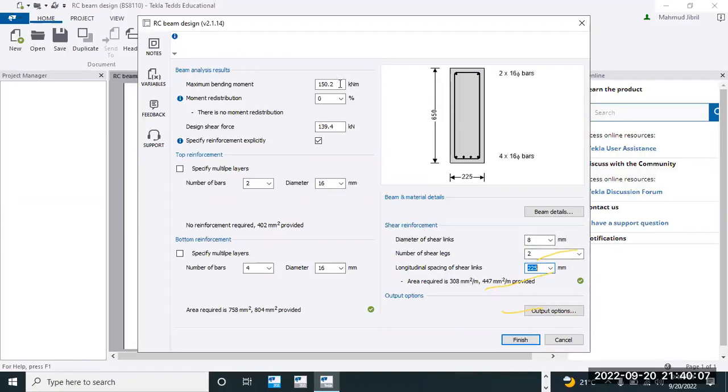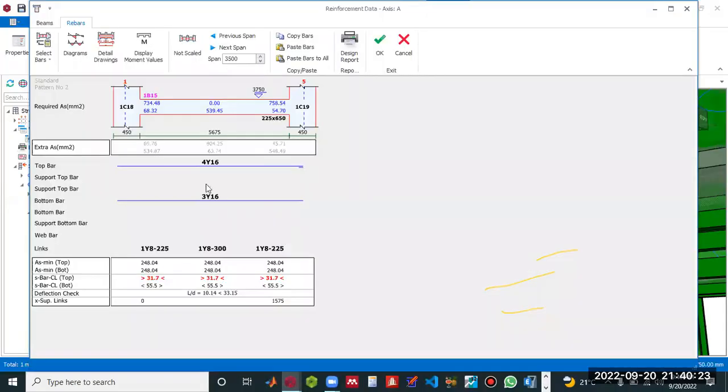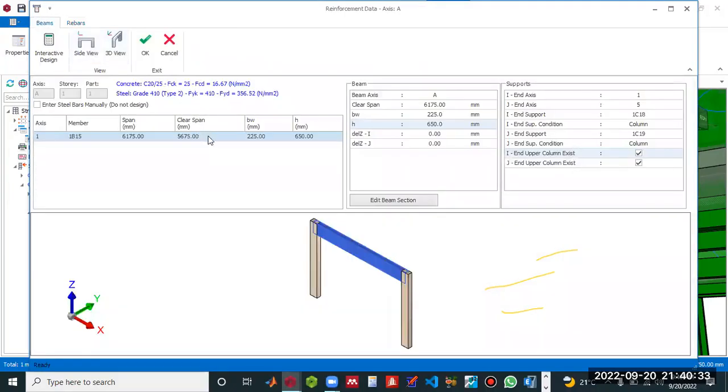So you see, we integrate between the two softwares in order to see what we are going to have, and we carry the moment, which is 150.2, and it gives us 4Y16 is okay. But let us change it to 3 and see, it is not okay automatically. But when it is 4, then it satisfies such conditions. And when we come back here, that is the moment, it used the moment at the support here, provided the reinforcement, which is the 4Y16. If you come back, it used this moment,